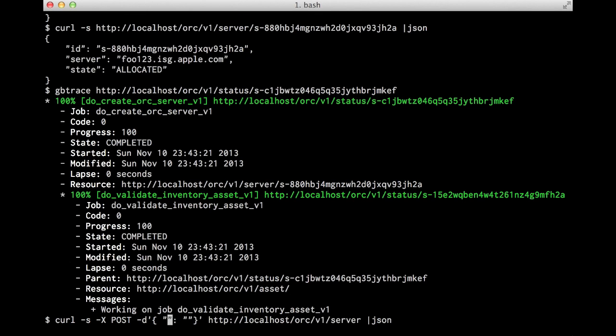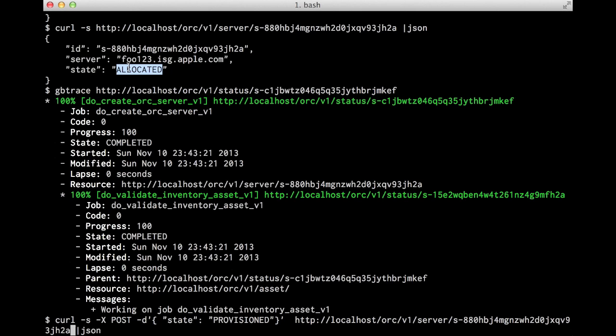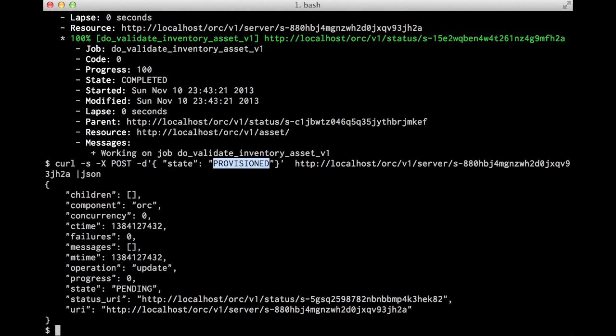I'm posting to change the state field to provisioned, and I'm going to post to the actual URI of the thing that was up here, right? I'm saying change state allocated to state provisioned. So let's do that, and I'm going to get back another status object here to track that update operation. So here's that status object,